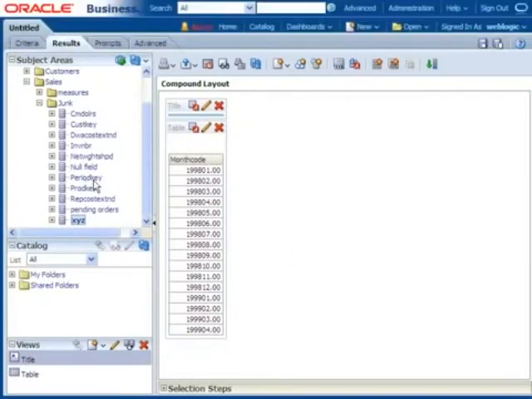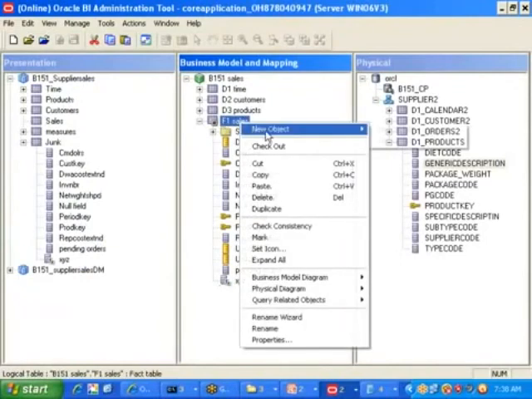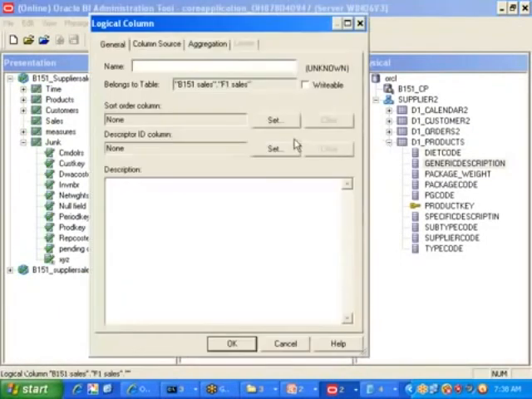Suppose now my window is in this position. If I go and add one column, let us say right click, new object, let us say logical column, let us say